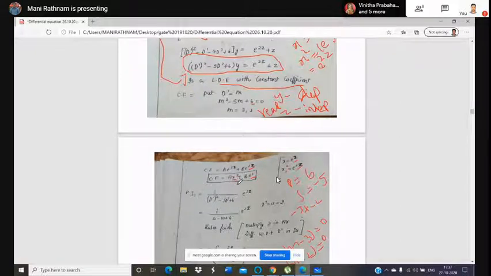Finally, you should convert into the independent variable x, because the original question is in the independent variable x. With the help of some substitution, we converted it into constant coefficients, and we get the new independent variable z. So first you should represent in terms of independent variable z. After that, you should replace the substitution: x equal to e power z, and x square is e power 2z, like that.